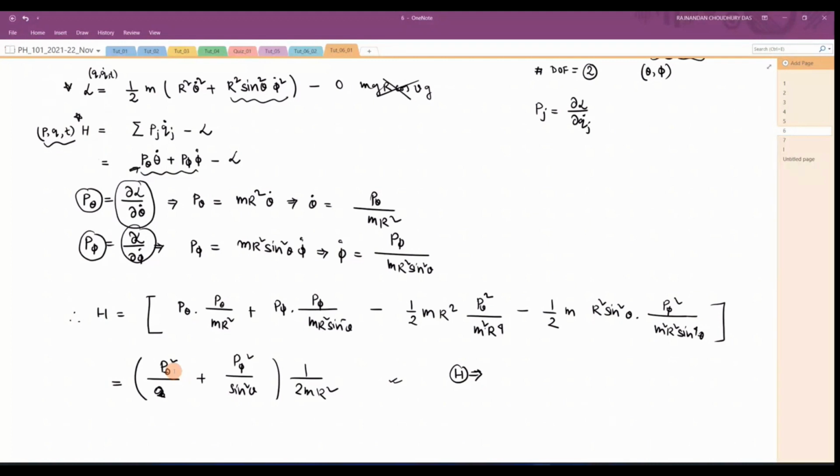Yes, there are many situations where a time dependent factor is involved. Your H is not simply T plus U. There are problems where we can prove it also. To start with, you will have to understand how to bring in the Hamiltonian point of view, which is the momentum concept, not the energy concept.